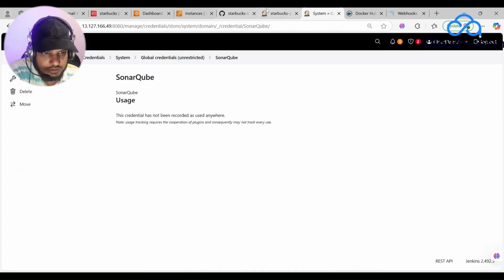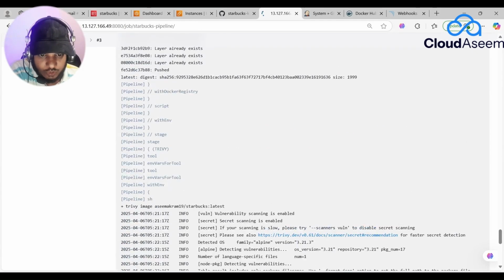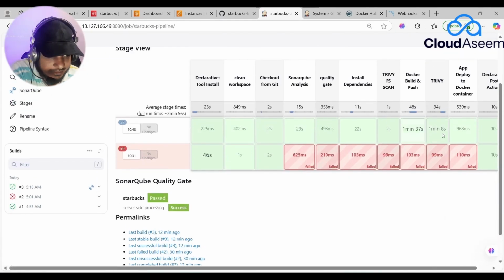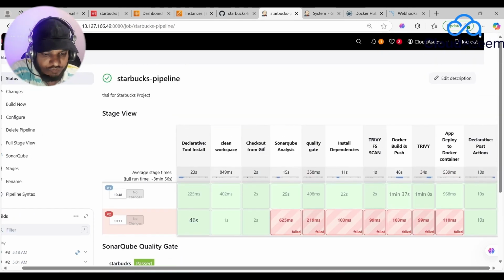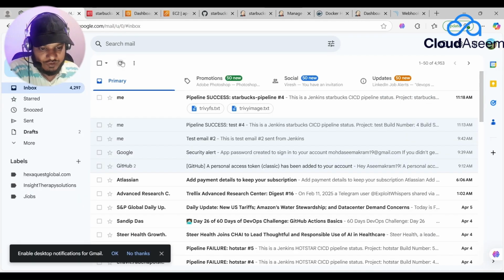So the pipeline was triggered over here. So it's stating that that is successful, right? So if I'm going over here and let me cross check, it's stating that it is successful, everything. So first thing that I need is the post build action, right? So for that, if I'm going to go and cross check over here, and if you refresh over here, you'll